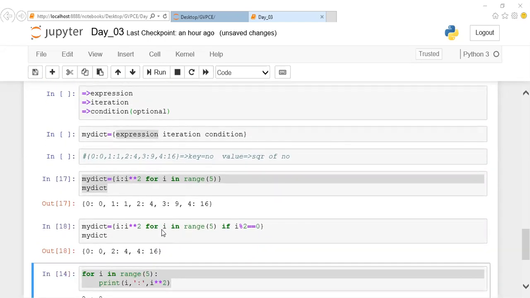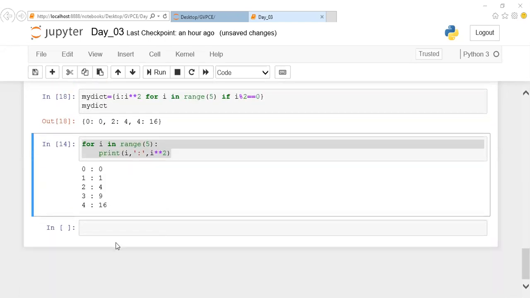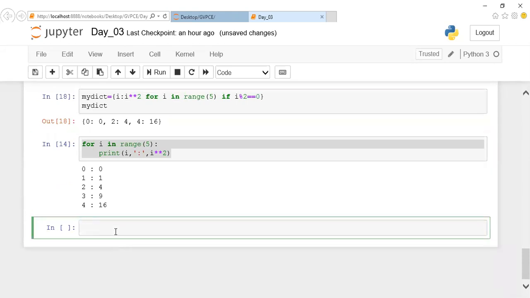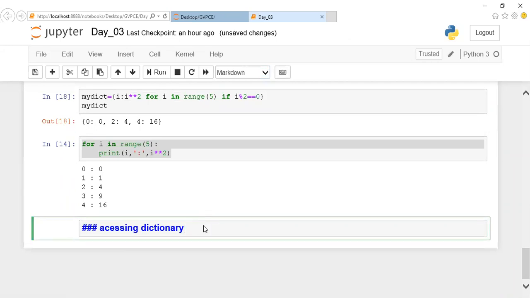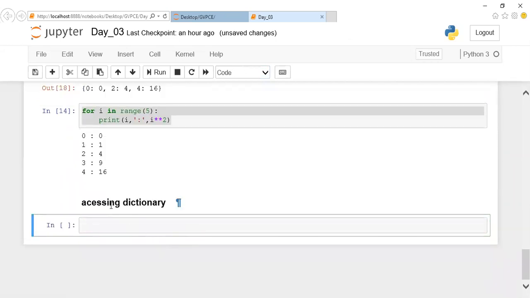Now we'll go ahead with how to access the elements of your dictionary. So the next topic is accessing your dictionary. So what is the dictionary? You can take some dictionary and create it. My dictionary assign.